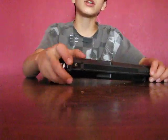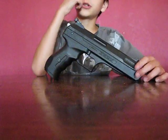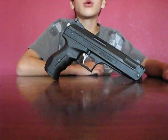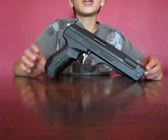Right now it kind of adjusts itself sometimes. This is what it does. Yeah, I would recommend it to really anyone who wants a cheap, inexpensive, really fun, powerful, hard-hitting pellet pistol. And so yeah, it's a good